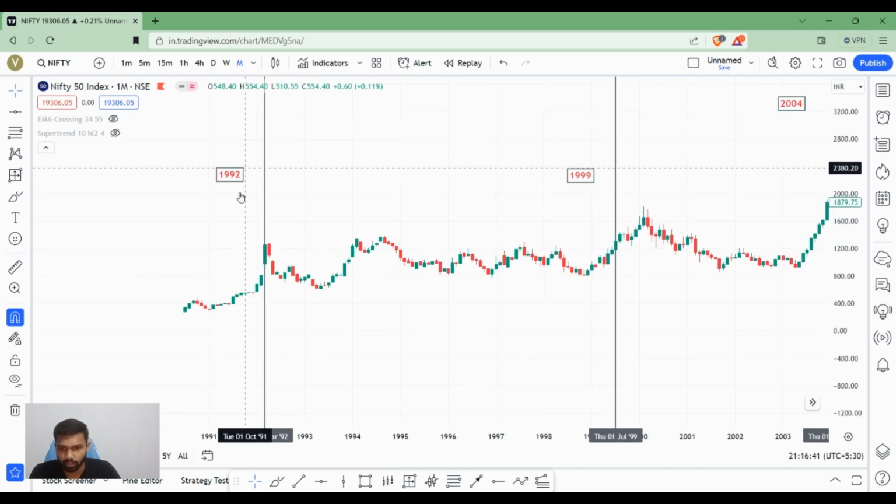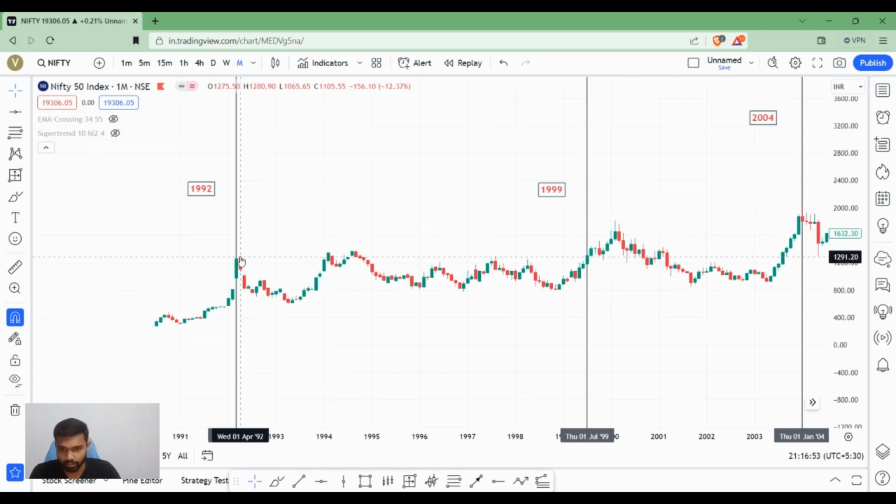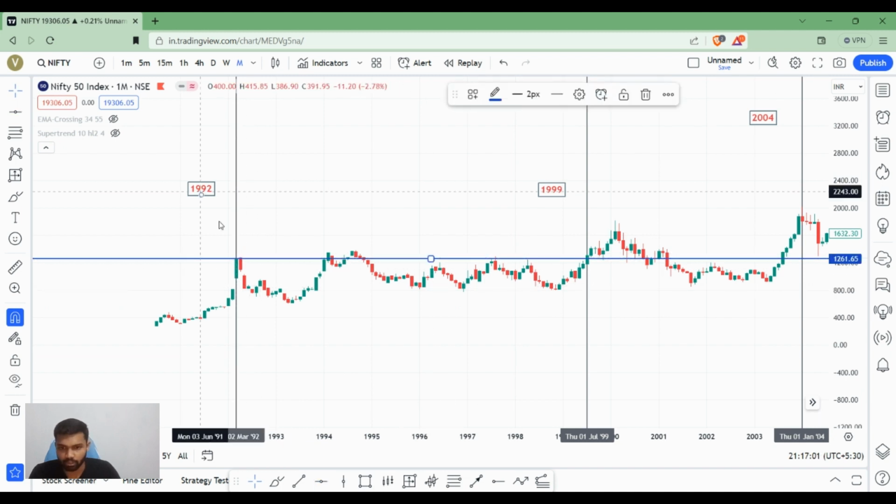Okay, this is 1992, when the Harshad Mehta scam happened. In 1992, the market is at 12,082. Let us see here. If we see in 1992, March, the market is at 12,061. If we invest here, then